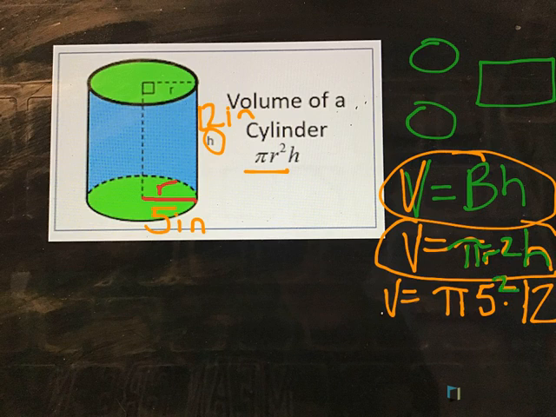That's a squared. So, by the commutative property of multiplication, we have to do the exponents first. So 5 times 5 is 25. And then after that, it doesn't matter what order we do it. So 25 times pi times 12 gives you approximately, since we're using pi, and pi is an irrational number, and you can't write it in the form of a over b, it's a decimal that goes on forever, infinitely long, with no pattern. Our answer is always going to be approximately, because we're going to have to round, so we use squiggly lines for approximately,